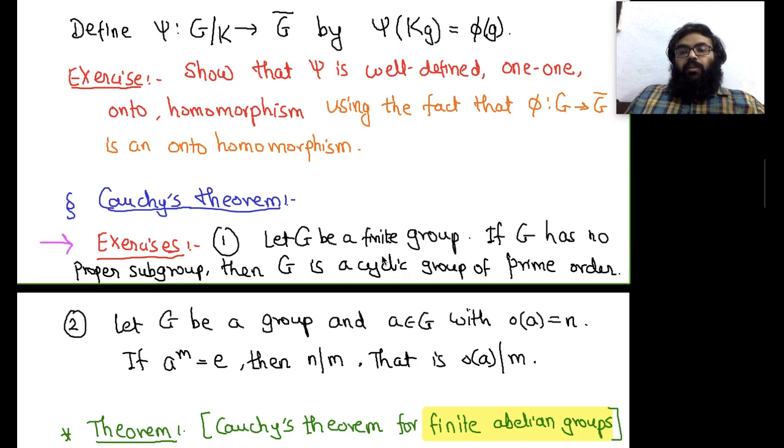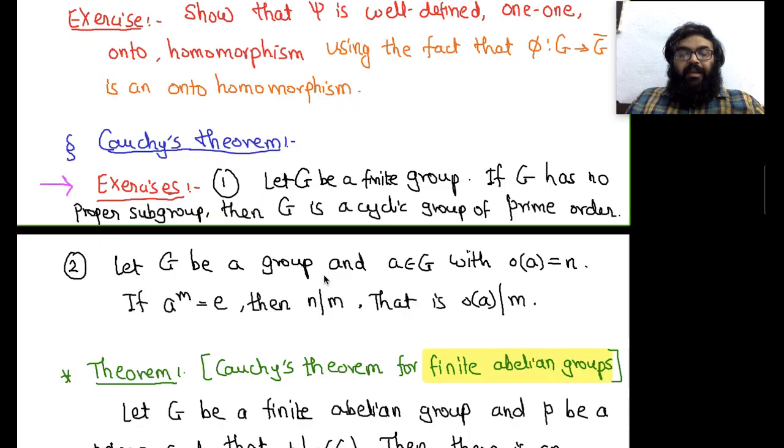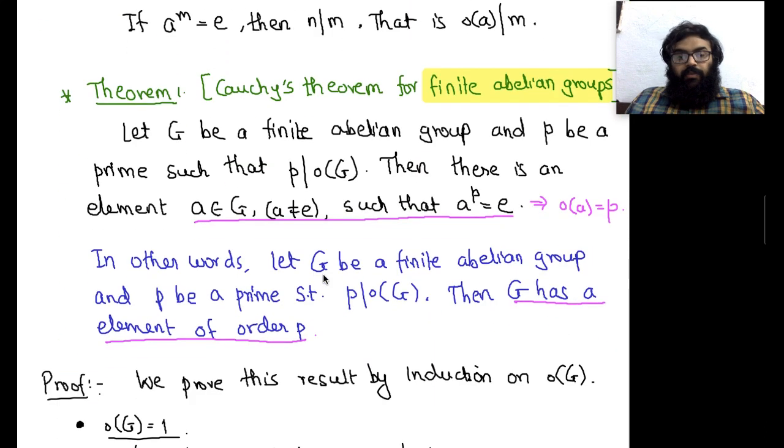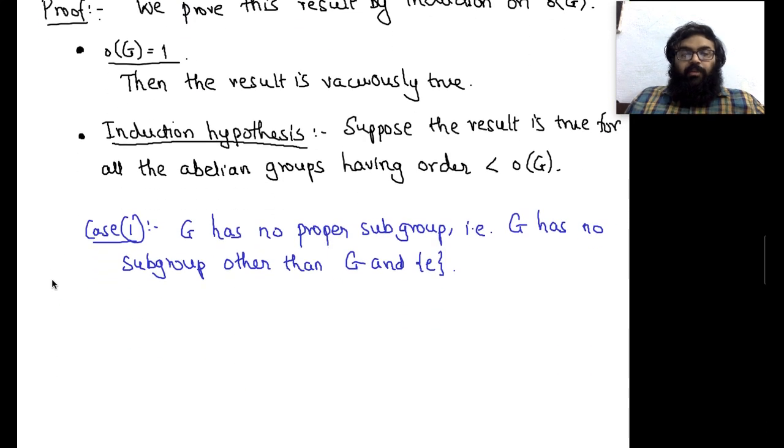So G is a finite group. If it has no proper subgroup, then G is a cyclic group, and moreover the order of G is prime. So G is a cyclic group with a prime number of elements. So this is the case. Then